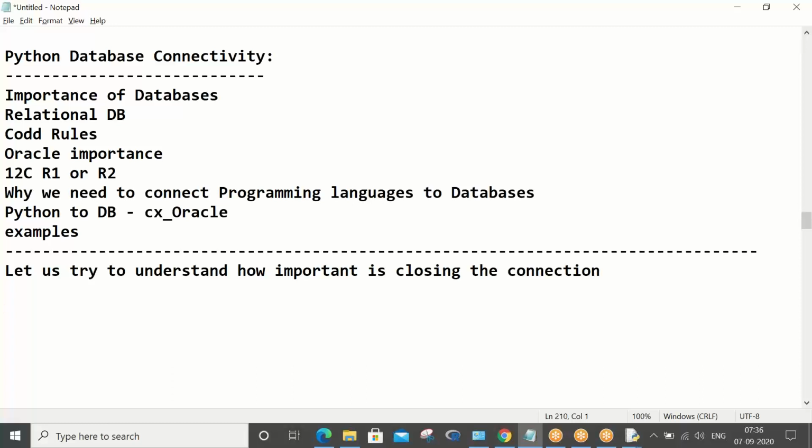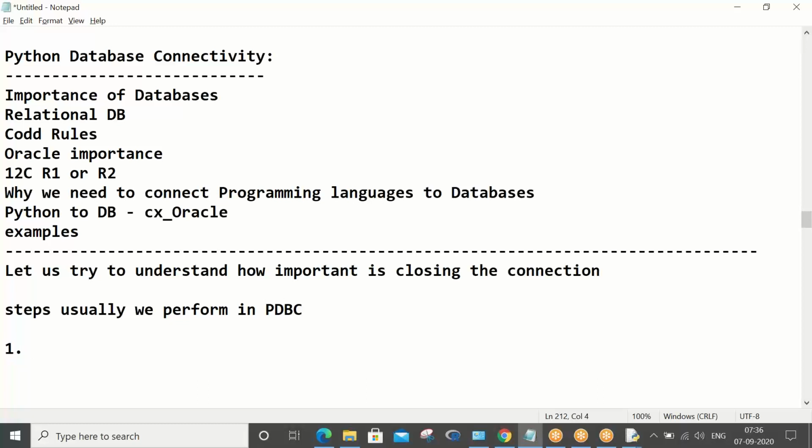So what are the usual steps you perform in Python database connectivity? Tell me what steps we perform in Python database connectivity.